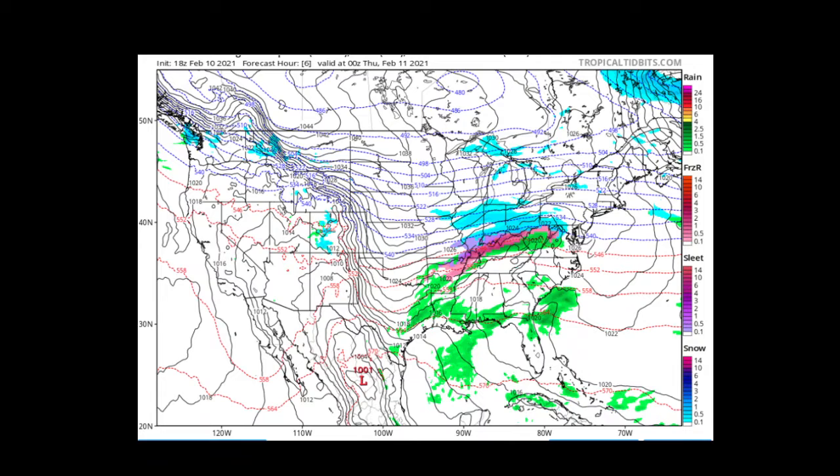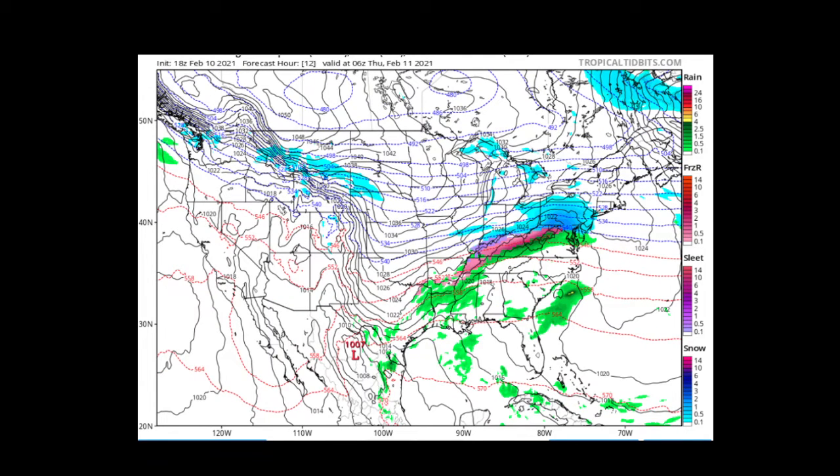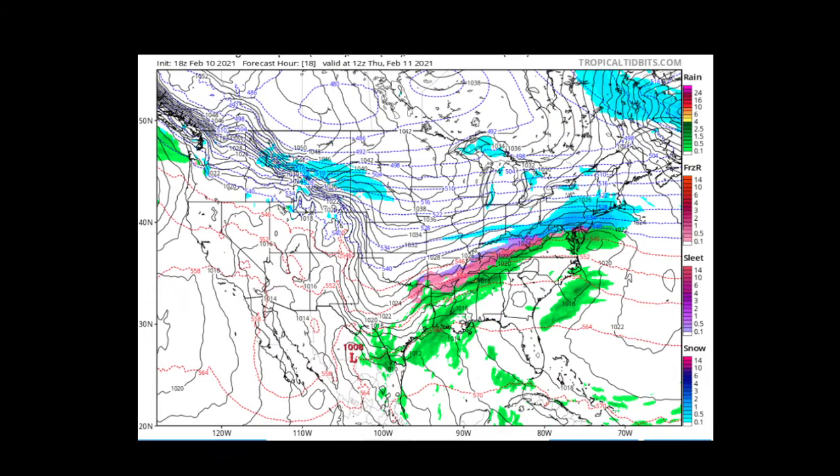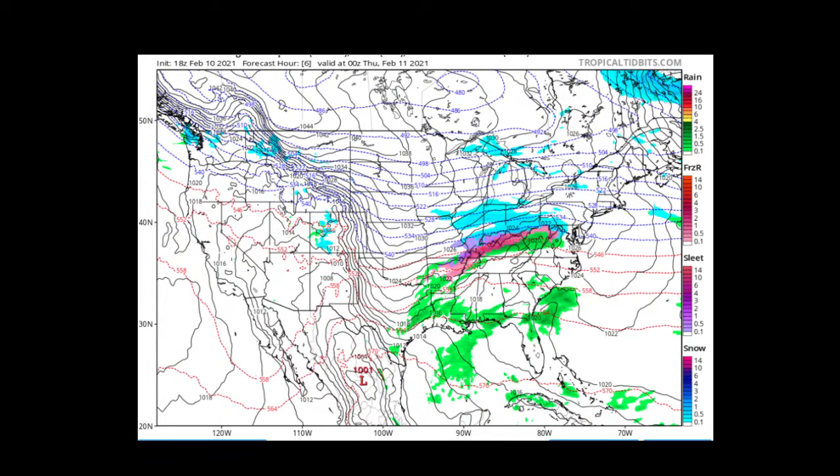Let's see, I'm just going to go back and look at the radar. I don't think you can see it just yet, but that's pretty close. So if we follow this chart out, now this is valid 06Z, like 1 o'clock in the morning for Thursday. And 12Z, 7 o'clock in the morning, so every 6 hours. This chart is progressing every 6 hours, so we got that. Actually, look at that